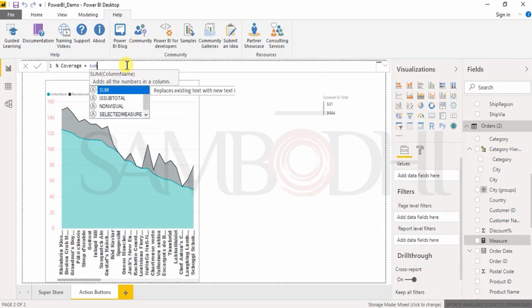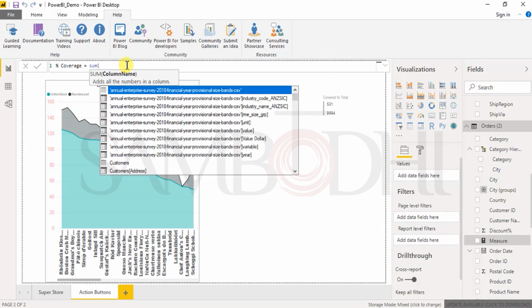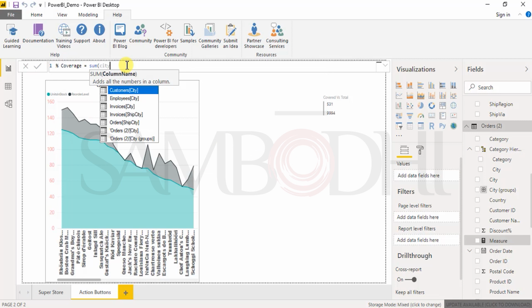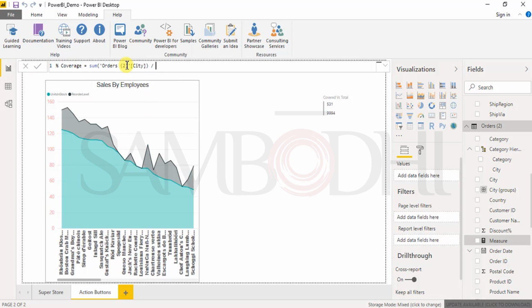Okay, let's say sum of city, probably from which column? Orders 2, right? Divided by sum,